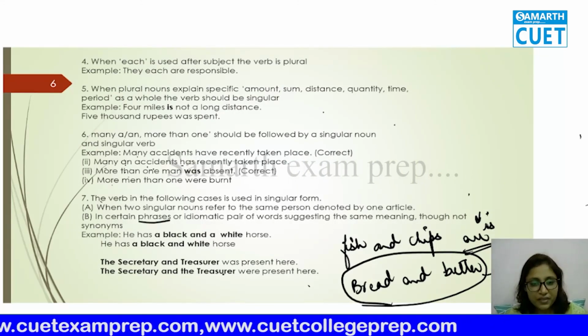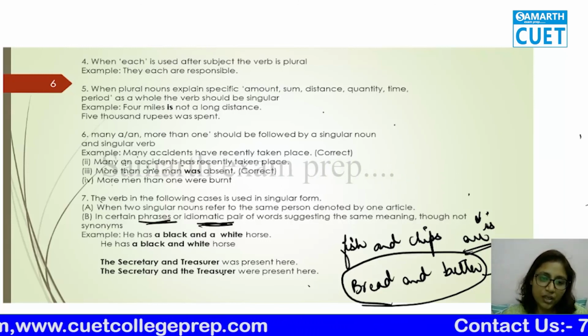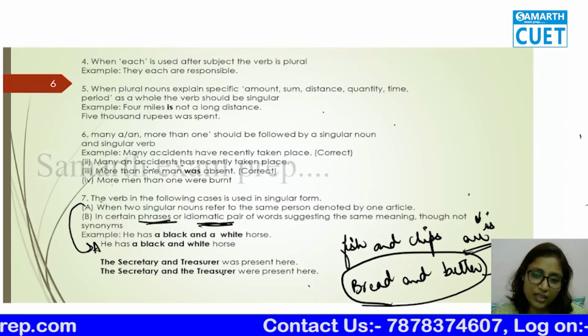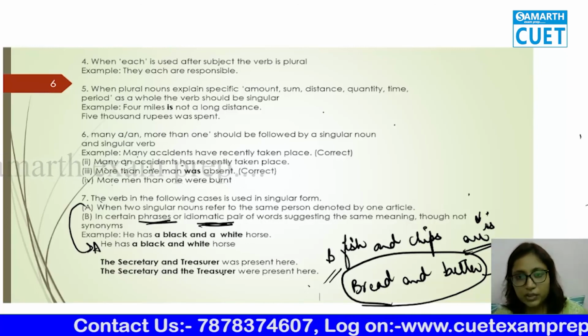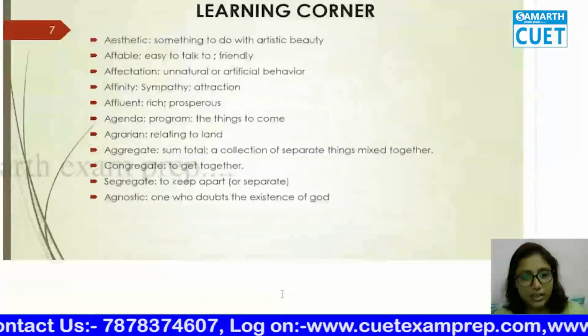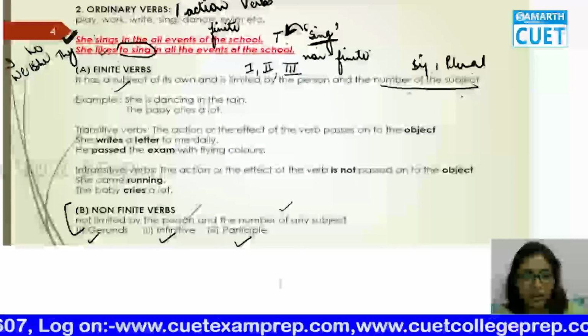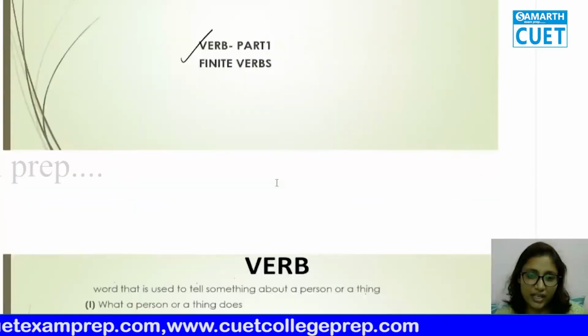That's why phrases and idiomatic pairs. This is the example of A. These two are the examples of A, and this is the example of B. Understand? So this was it. I suppose, yes, these were the rules, and this was all about nouns. So today our lecture is over.